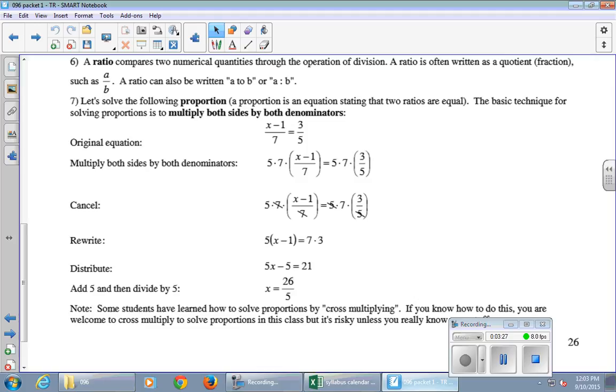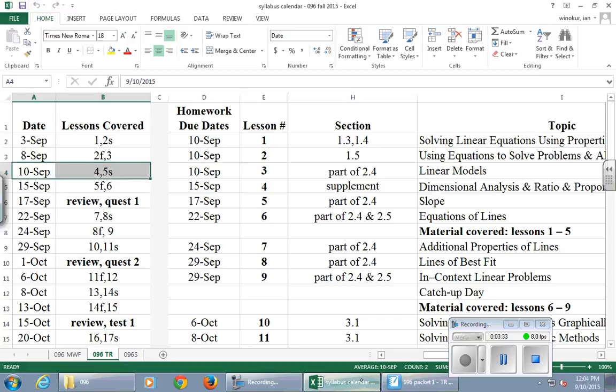And then somebody else wanted to know if I dropped the lowest quiz or test. The answer is no. I'm sorry, but I don't. I'll pull up so we can look at all the quizzes and tests. We have